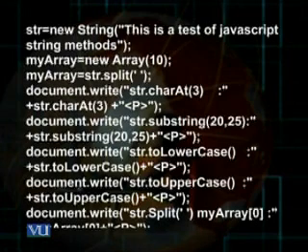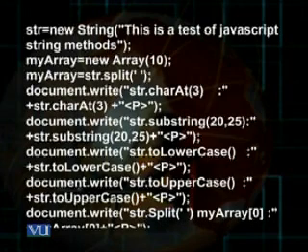Array, the word array here is the constructor for the array object, and then within small brackets I write 10. 10 here indicates that the size of this array is 10. The following line shows that my array equals string dot split, and then there is a blank space within the bracket. That would indicate that the string that I have typed should be separated on the basis of a blank space, and each word as a value should be assigned to the array called my array.